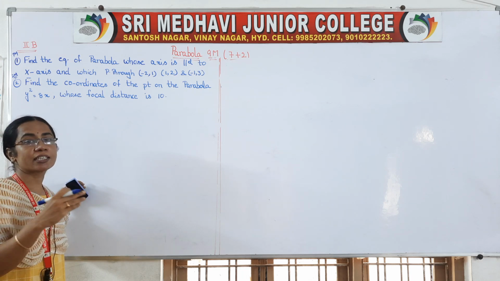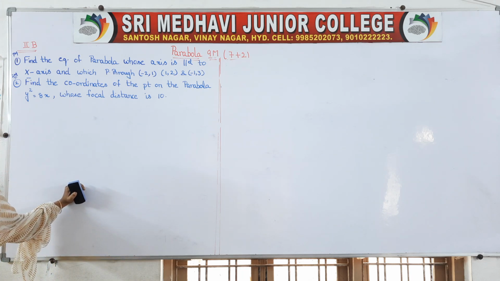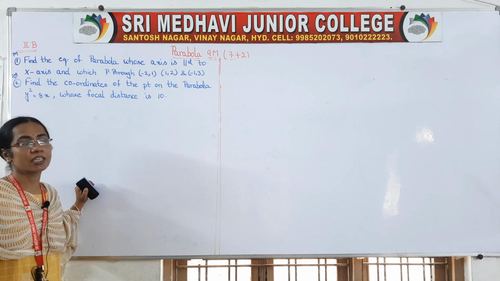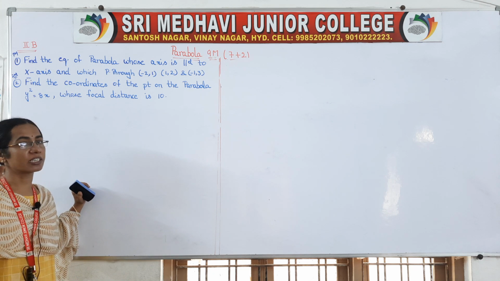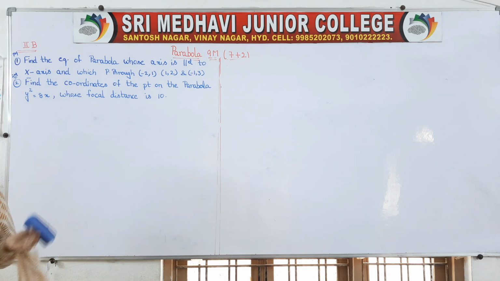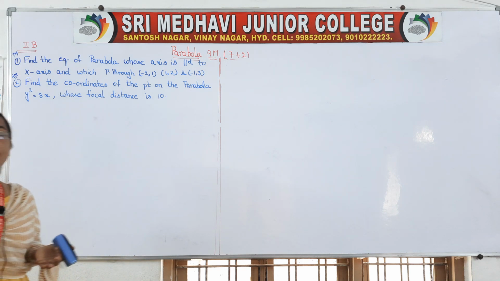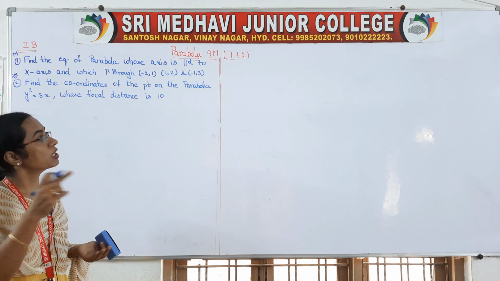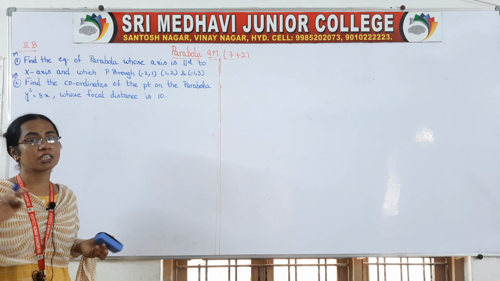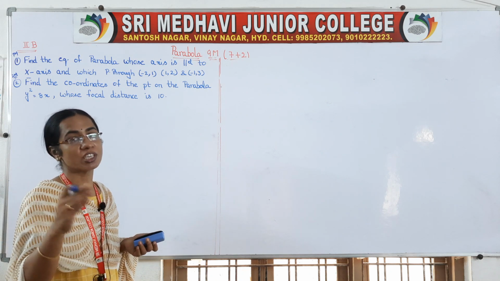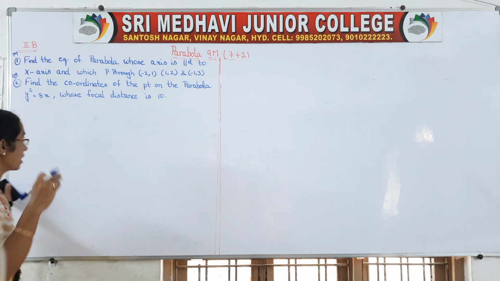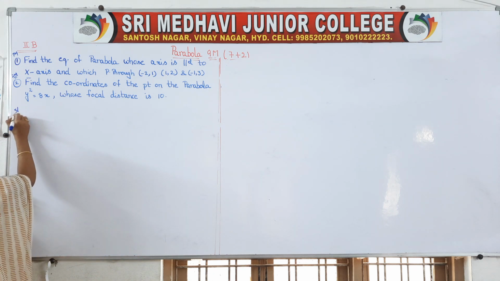It is just like circle problems, right? Find the circle equation which passes through 3 points. There we have taken the general circle equation and it passes through the first point, we got first equation, passes through second point, we got second equation, passes through third point, we got third equation. By solving those 3 equations, we got our required g, f, c. At the end we substituted. Same thing we have to do here also. So how can we take?